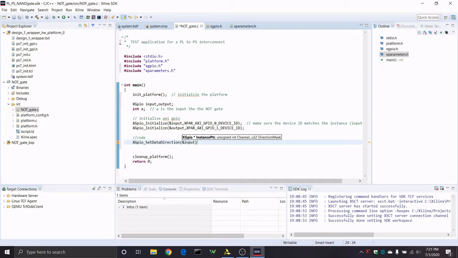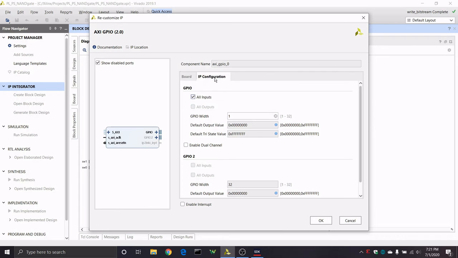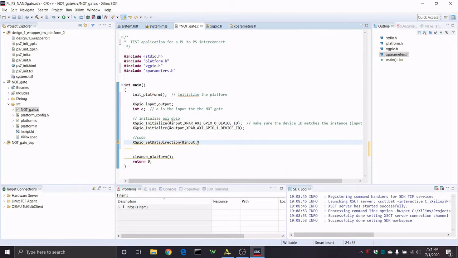Instance, the input. Okay, now we're on unsigned channel. Anyways, now we need to enter the channel. When we were looking at the block diagram, and let's just click on this for a second, and we go to IP configuration, I said don't click on enable dual channel. Because this is just a single channel GPIO, all we need to put in the channel box is 1. If there were 2 channels, you'd need to do 1 or 2, depending on what you wanted to do. Okay, comma,